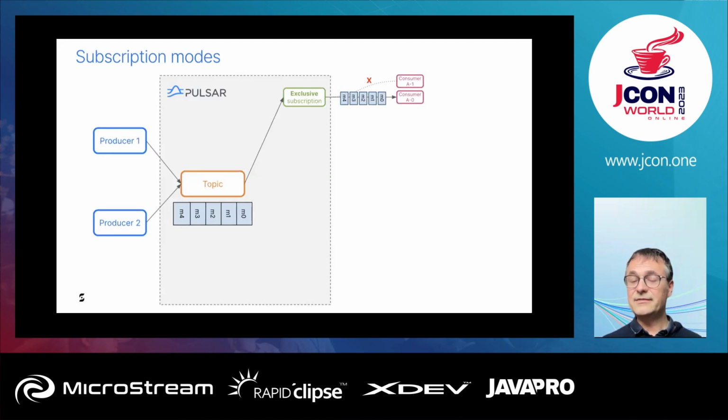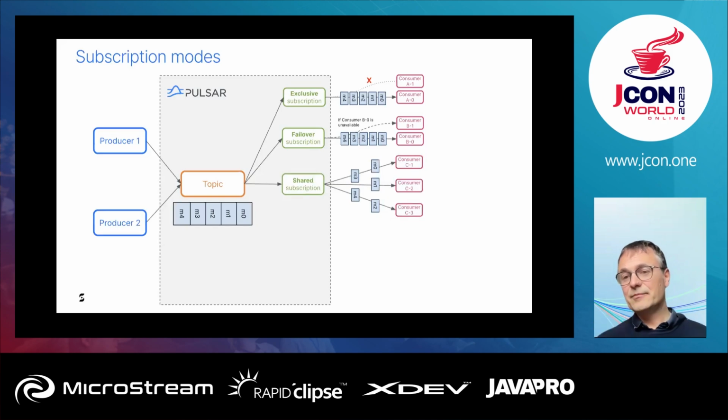All right, but what if this unique consumer is down? So if you can't afford to wait for this consumer to become available again, not to introduce too much lag, right? Then you can use the failover mode. In that mode, when your consumer is down, then Pulsar will fall back to another one. And Pulsar will deliver the messages to the active consumer.